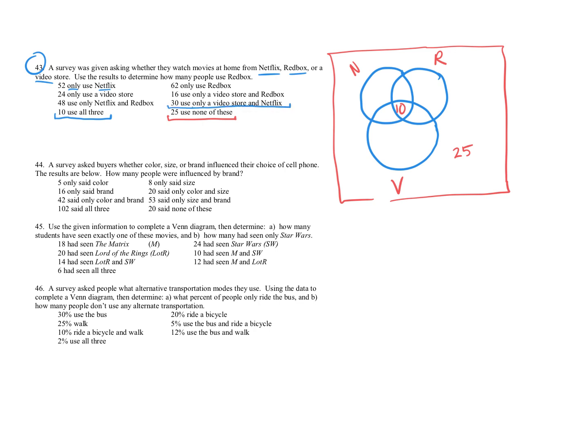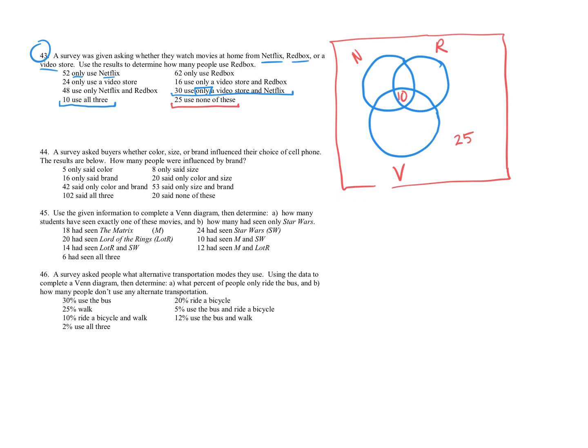Now notice it does say the word only. So we saw in some of our other videos that we would have to do some sort of subtraction, because we would say, oh, well, that means that the video store and Netflix, so like this whole section, that overlap, should equal 30. But actually, because it says 30 use only the video store and Netflix, those 30 would have to live right outside there. Because the people that are 10, they also do the Redbox. So that's an important distinction there.